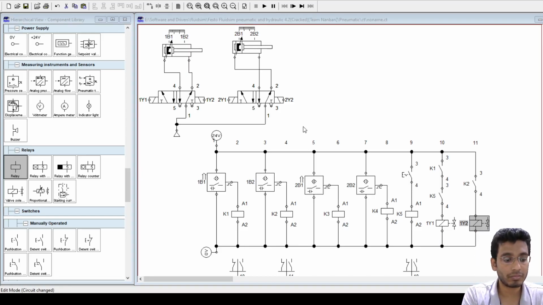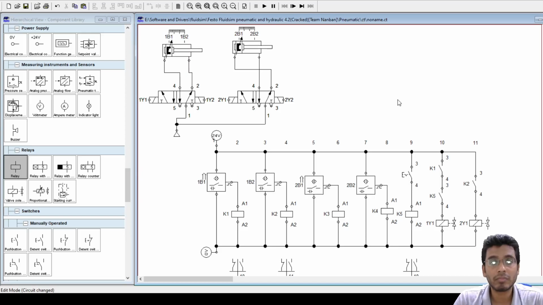But for this circuit, we will not connect any pilot directional valve between the interconnection like we did in the previous pneumatic circuit. So the pneumatic portion will only consider these valves and these compressed lines as well as your actuators. Fine. Let us see how it will work. You will understand much better. Okay. So see now again, this is your only condition.